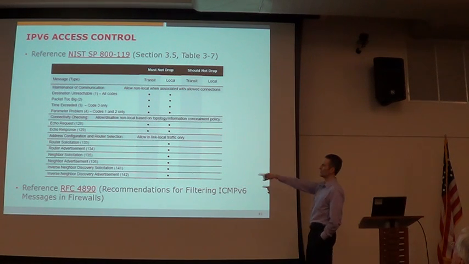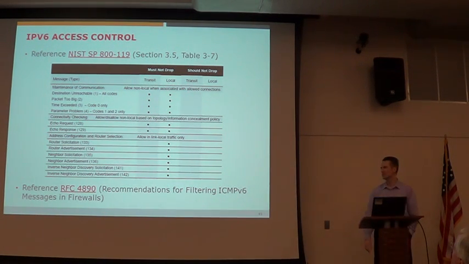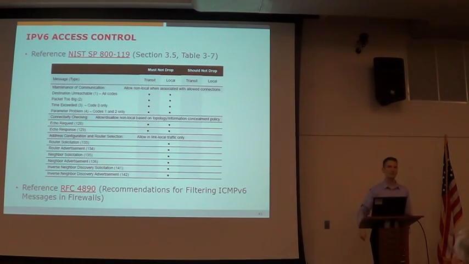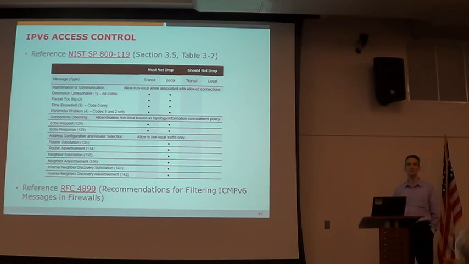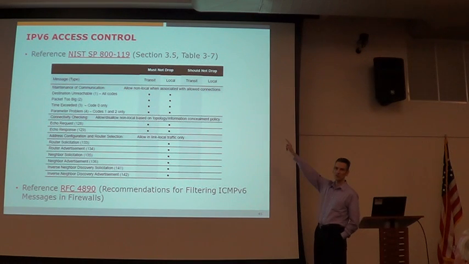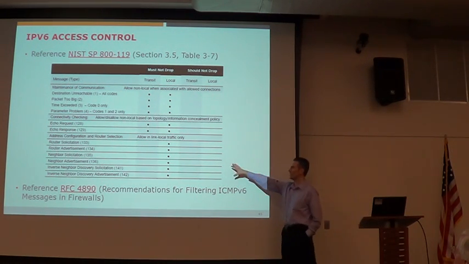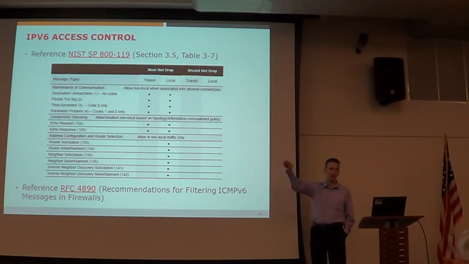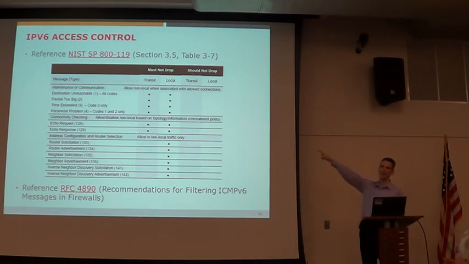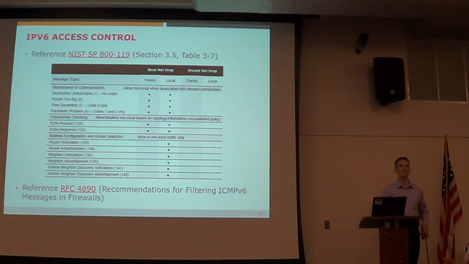There are two good references. Most people don't actually read RFCs, so I threw that at the bottom. But NIST, which is a fantastic part of our federal government, does absolutely fabulous work, and it's free, right? That's what our taxes pay for, and their documents are fantastic. This is a great document by itself, but you could just go to this one chart, which is just part of it. This chart shows you all the ICMP types, what you have to allow, and what's gray. Somebody's done all the homework for you. And if you search, you can even find people on the internet that have followed Special Publication 800-119, and they'll say, here's a set of iptables rules to implement that.